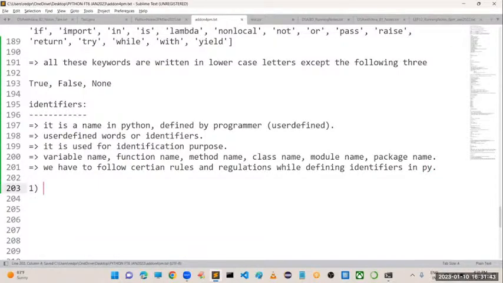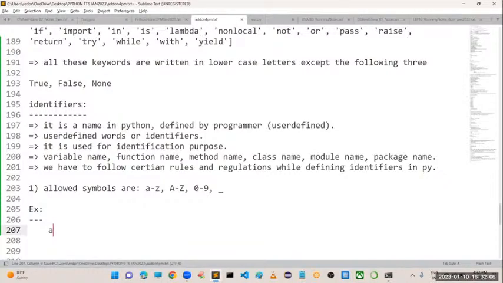So what is the first rule here? The only allowed symbols: small a to small z you can take, capital A to capital Z you can take, 0 to 9 also, and even underscore is allowed. No other extra symbols are entertained.